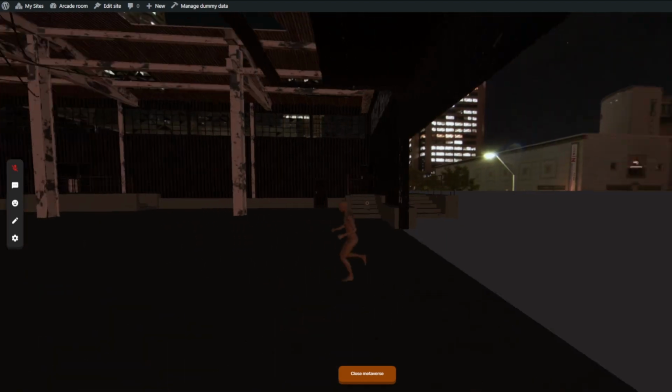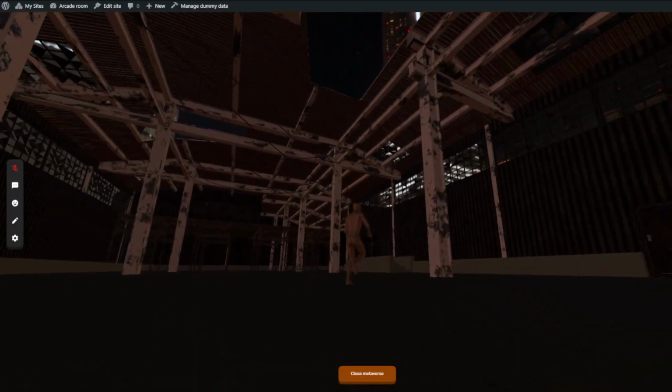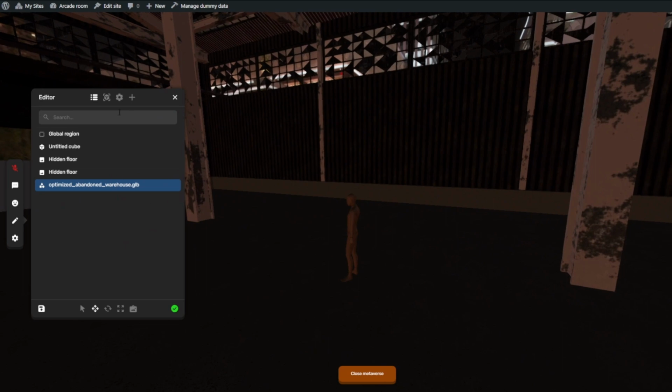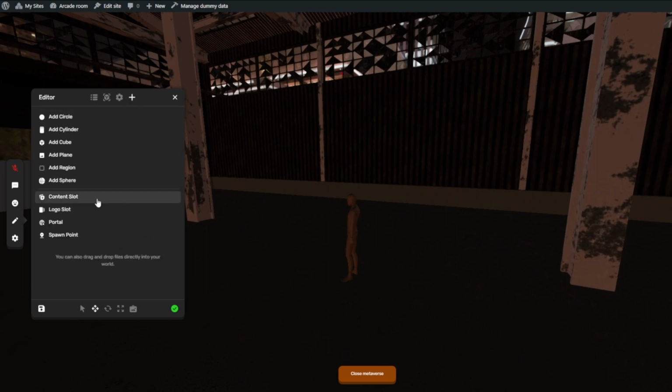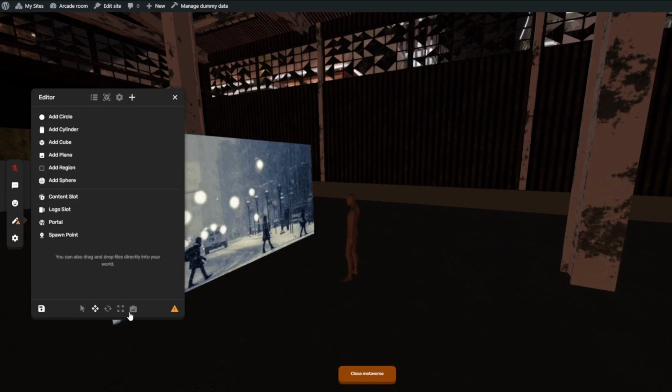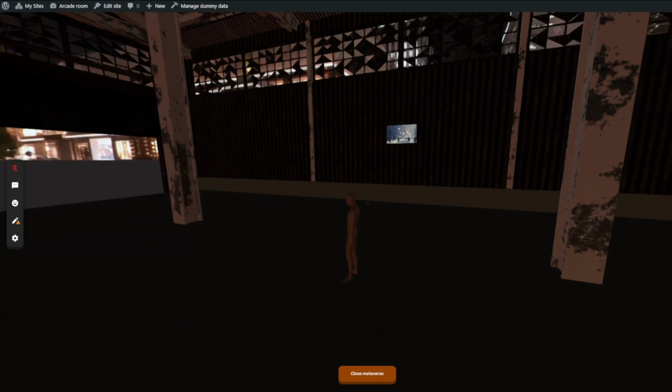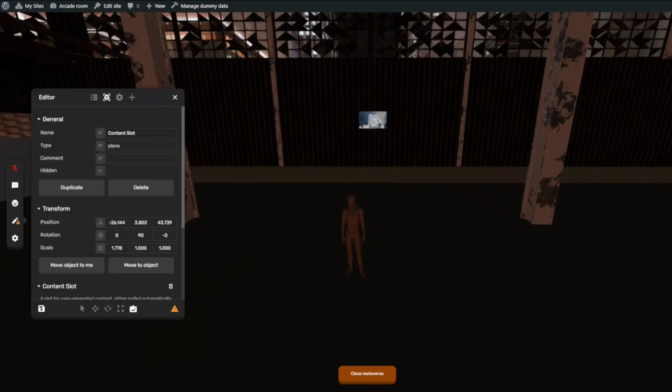So once I've got my model in and I'm happy with it and its sizing and position and stuff, I want some content slots around. So I open up my editor, add, and choose a content slot. There it's pulling in my content. And with my content slot selected and the surface movement tool, I'm just going to choose where I want it. And since it seems a bit small from this distance and where people will be walking, I'm going to need